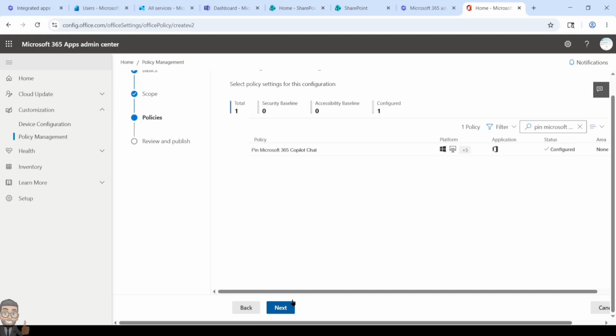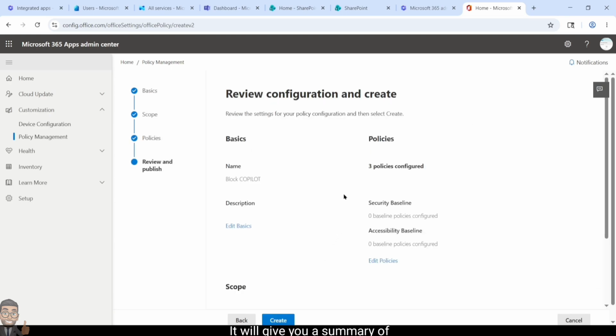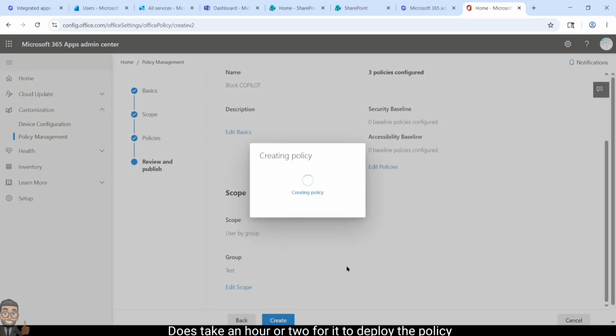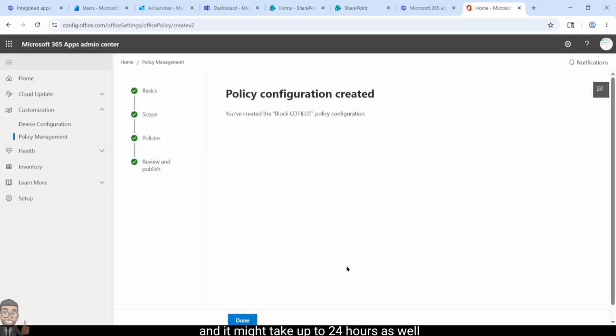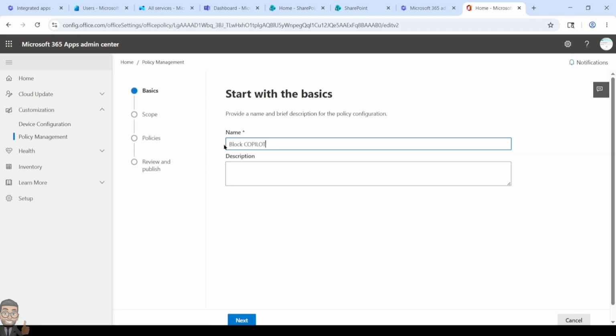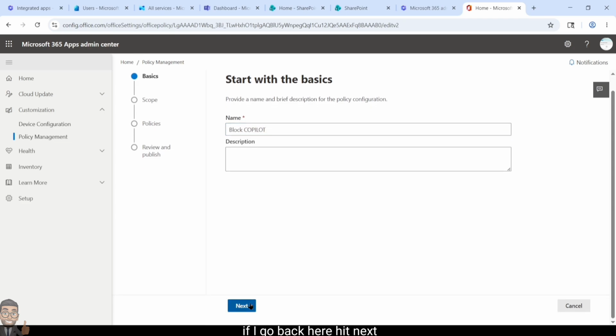Once you hit next, it will give you a summary of the policies which you have created, and we'll simply click on create. It does take an hour or two for it to deploy the policy, and it might take up to 24 hours as well, depending on how many policies you have in your organization. So currently it is created, as you can see, and this is available here. If I go back here, hit next,